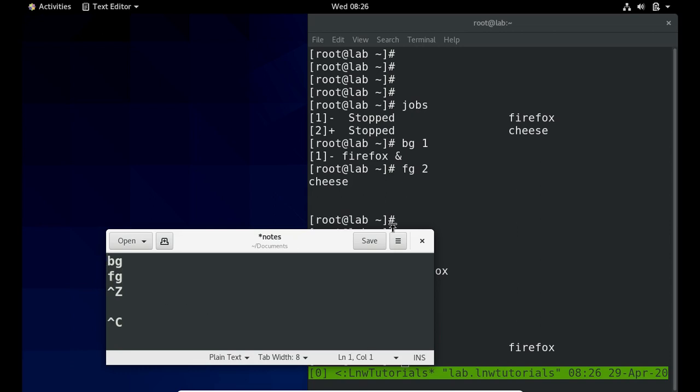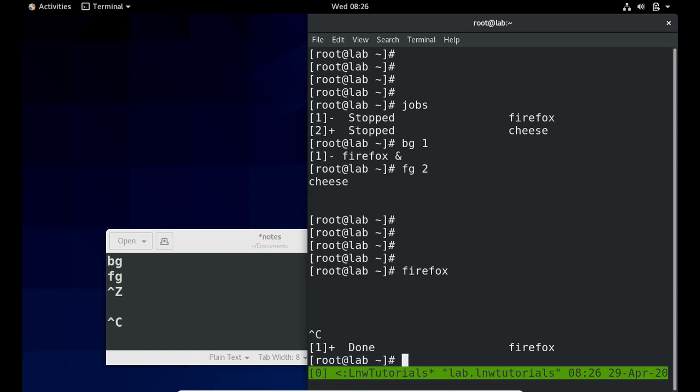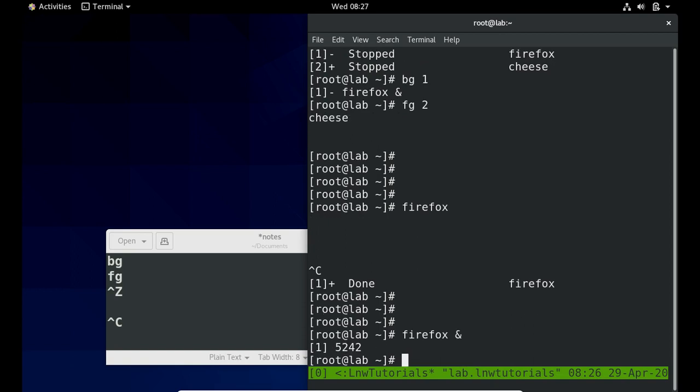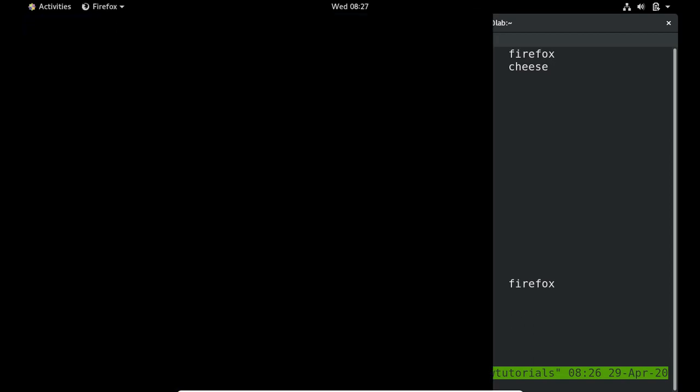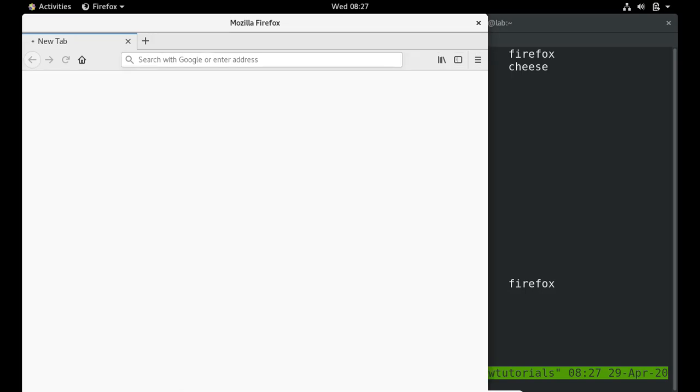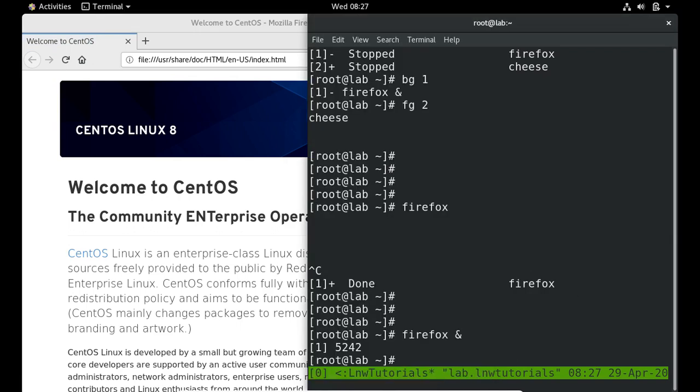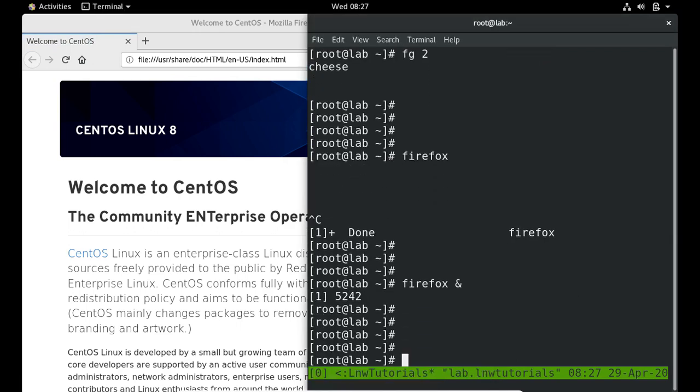Next, suppose I want to run Firefox with an ampersand. If you run the command with it, it will execute at the same time in the background. And even if you close the shell, it will still be running.